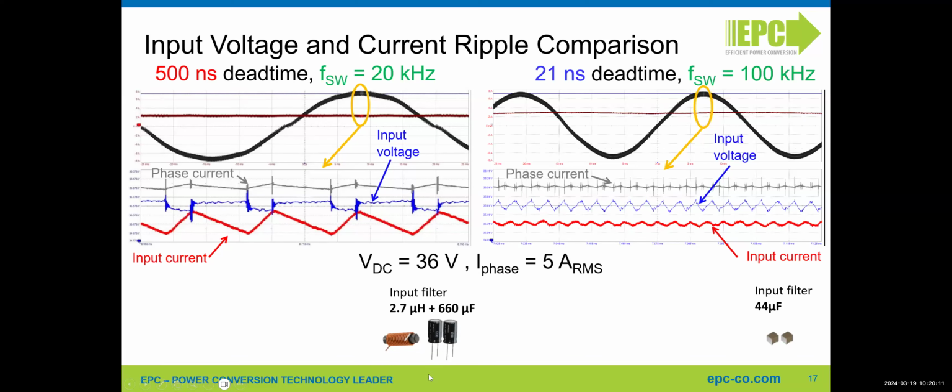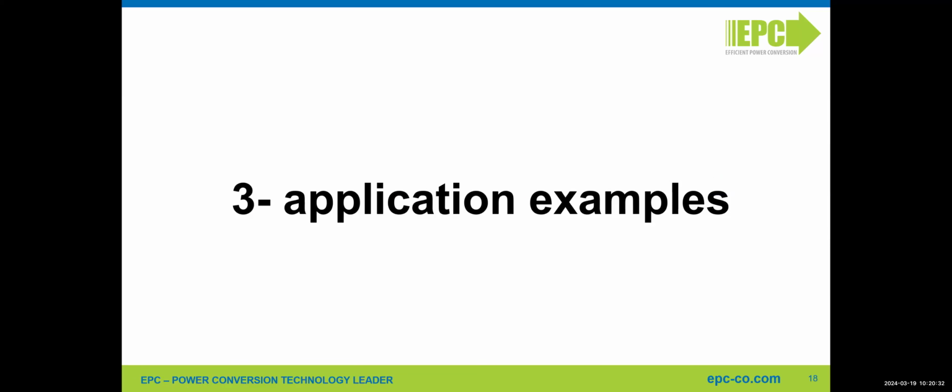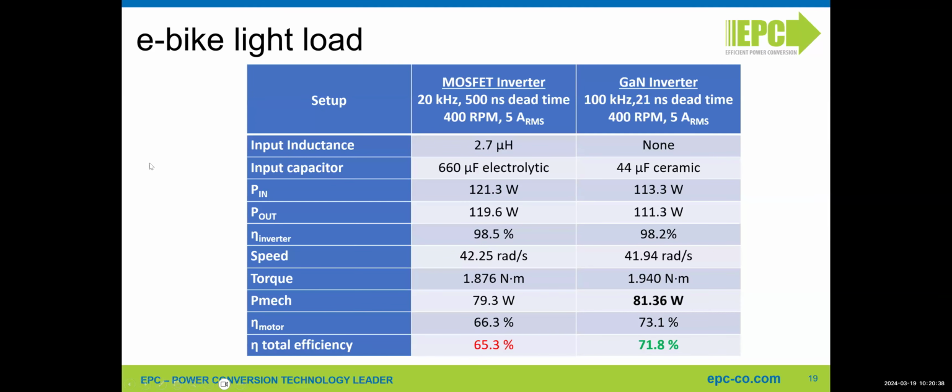And the difference here is that in the same operation, this inverter has an inductor and two electrolytic capacitors, while in the same operating condition, the inverter on the right, based on gallium nitride, is using just ceramic capacitors. So going into application examples, starting with an e-bike in a